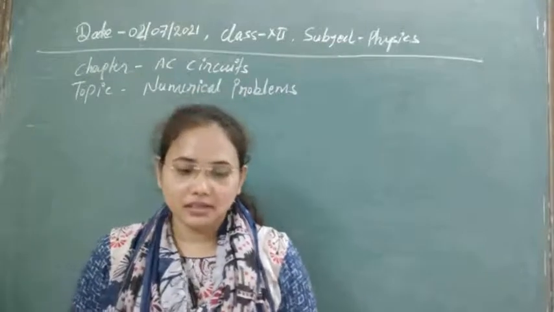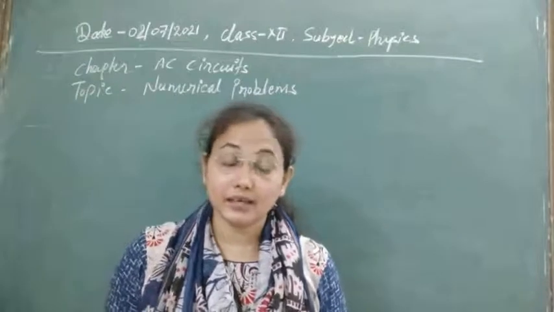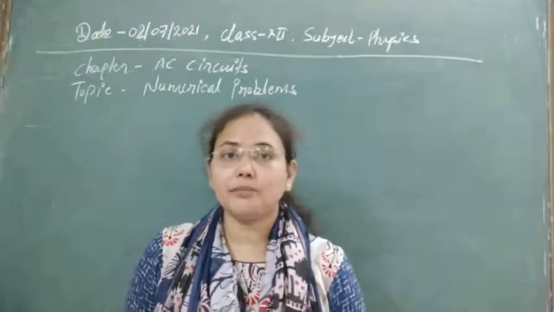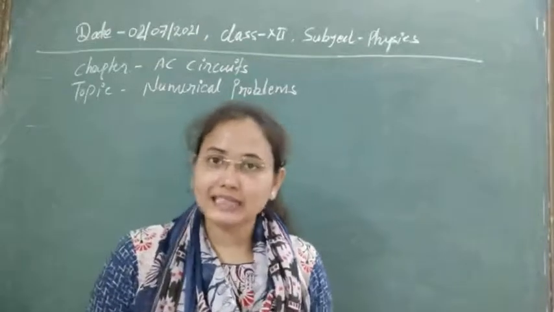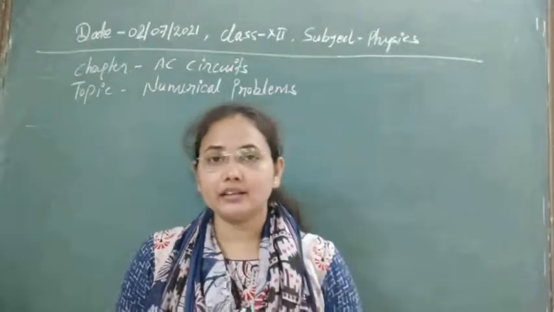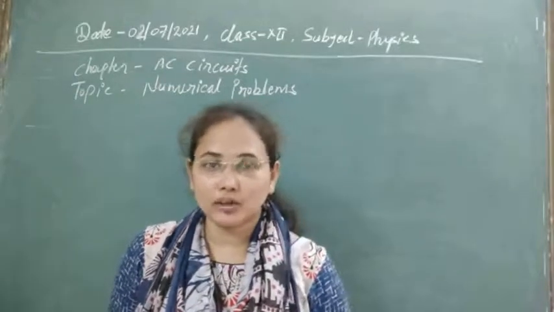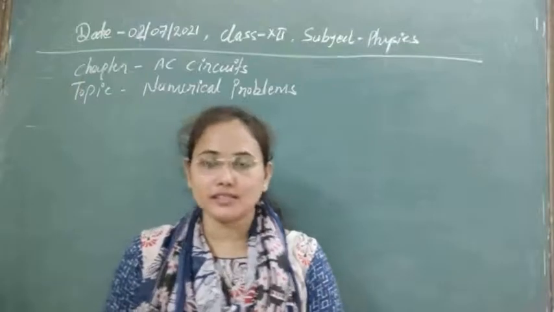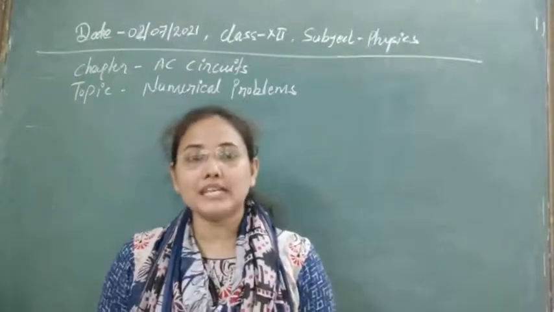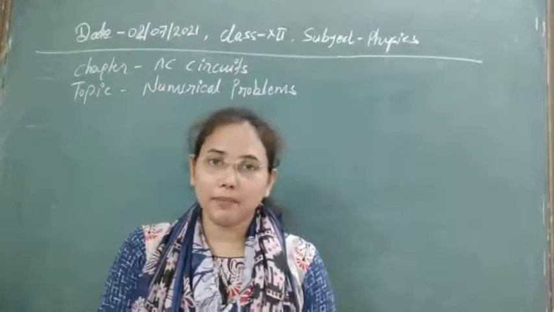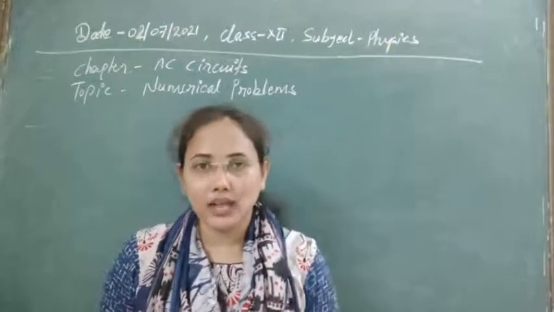Hello students. Yesterday we discussed some of the AC circuits: pure resistive, pure capacitive and pure inductive. All these circuits we have solved, and we have seen the instantaneous current in all these cases, and the reactance of these kinds of circuits to any alternating voltage. Also which of the circuits can stop AC, which can stop DC, and which can allow AC or DC to pass through. Such situations we have seen already.